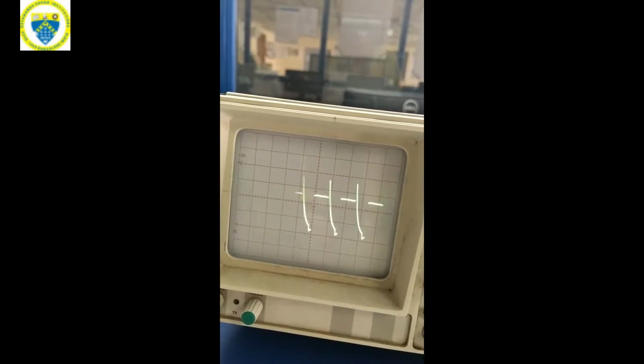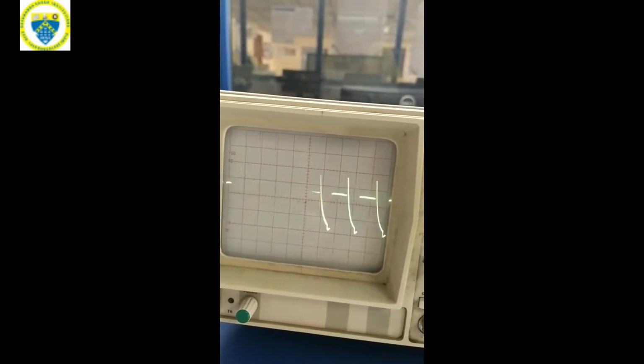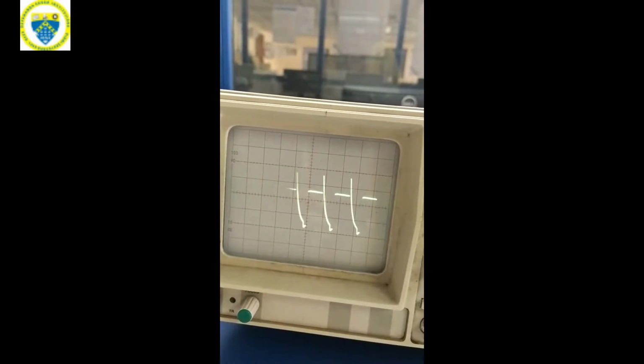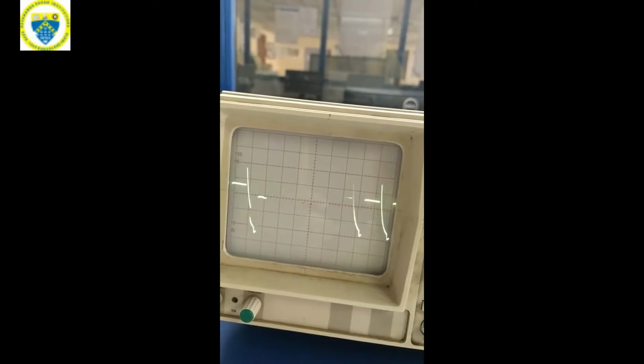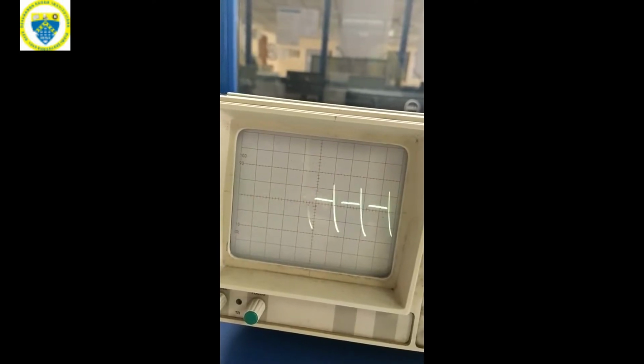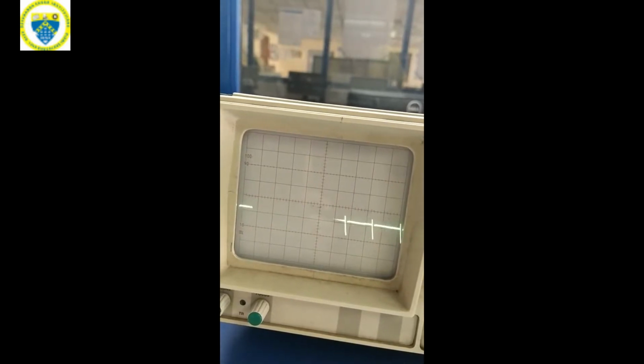Now the duty cycle is kept in the medium position by keeping the frequency in minimum. As I still increase the duty cycle, this is the maximum duty cycle.